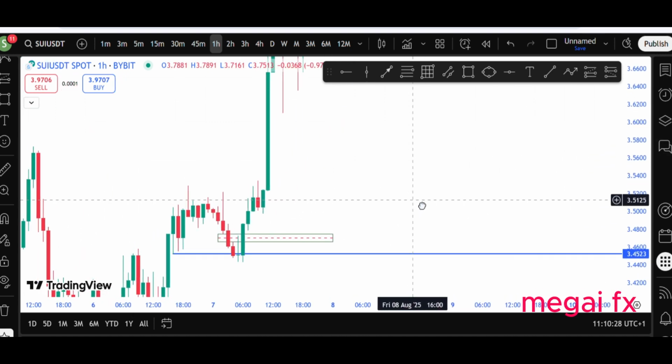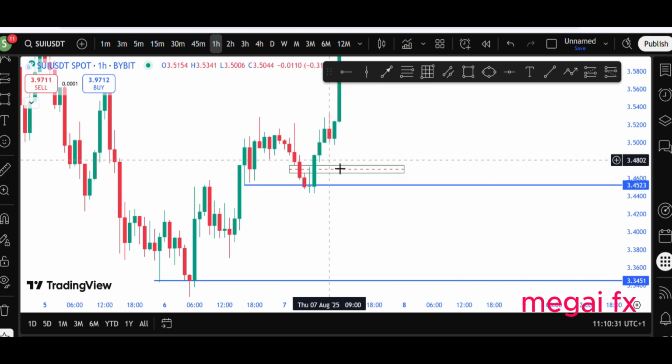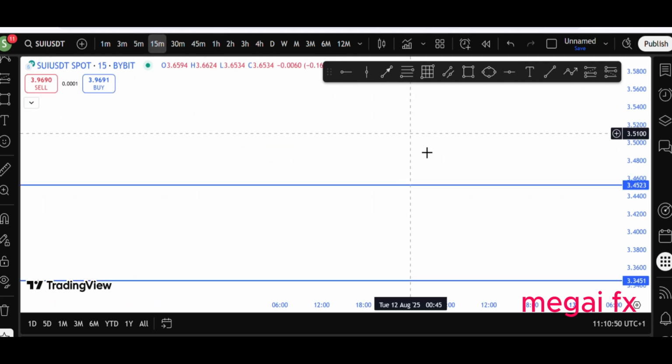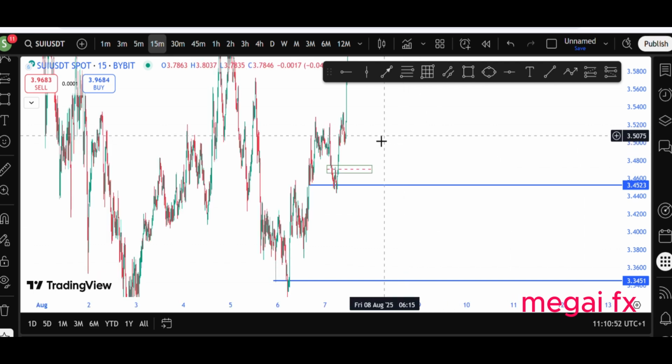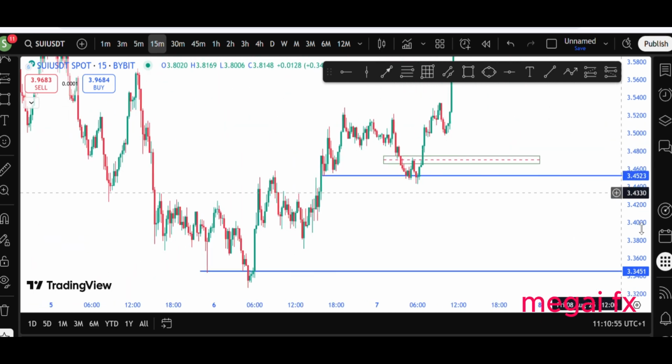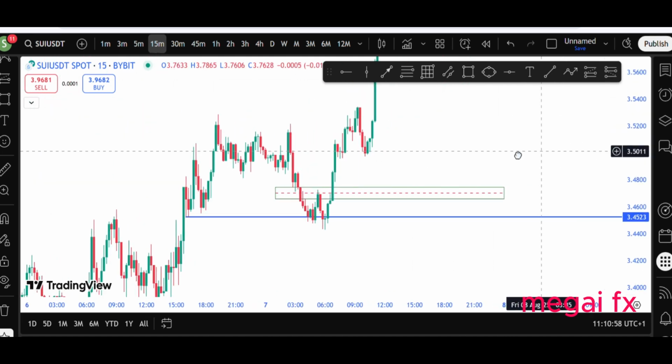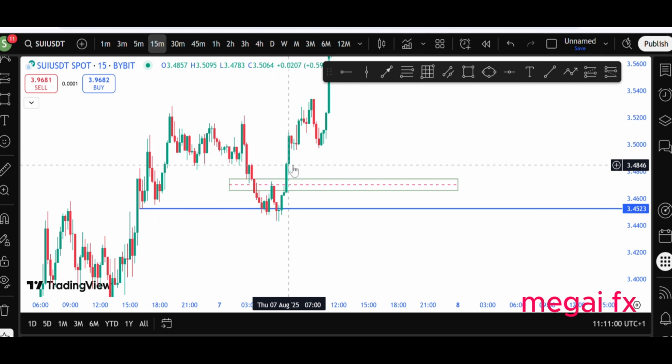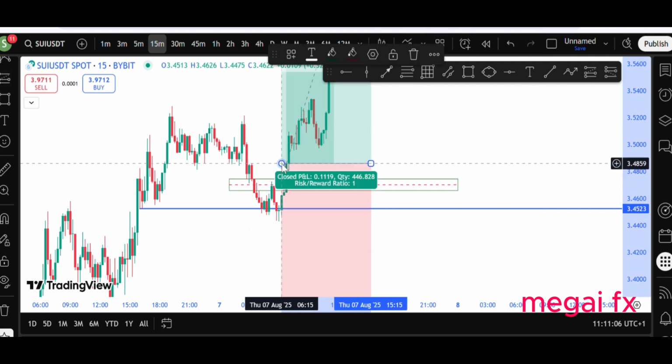So in some cases, if I see an aggressive move like this, and the candle does not close very far away from the inversion fair value gap, I will take the entry immediately that candle closes, or I will go down to the 15 minutes time frame. I can go down to the 15-minute or 5-minute time frame and look at where the 15 minutes candle closed above the fair value gap. So I can take my entry here at the close of this 15 minutes candle,